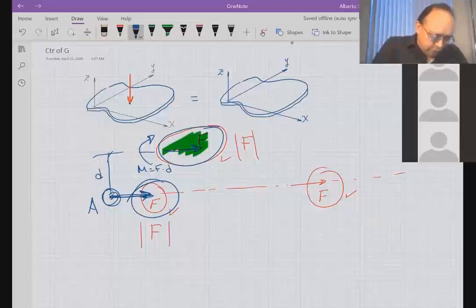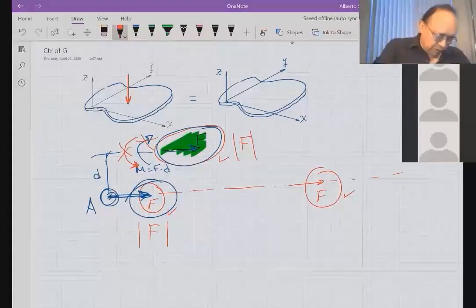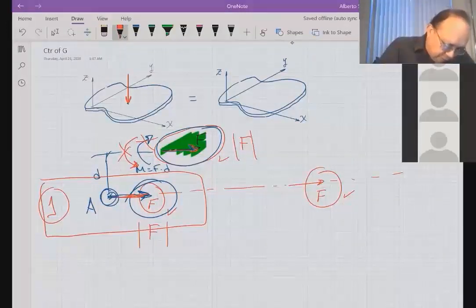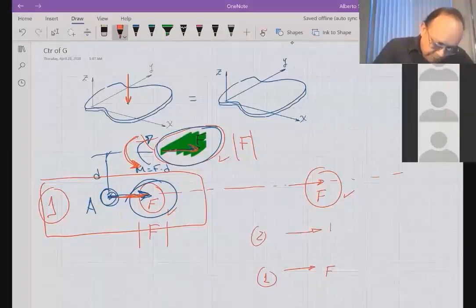So in order for those systems to produce the same moment, you have to have another moment here that balances this one out and cancels that one out. So in that case, let's call this one the first system, which is just one force, and it is equivalent to the second system, which is this force plus this moment here, F d. So let me put it here. I have the first system, F, and the second system, which is F plus a moment equal to F times d. Well, this is d,